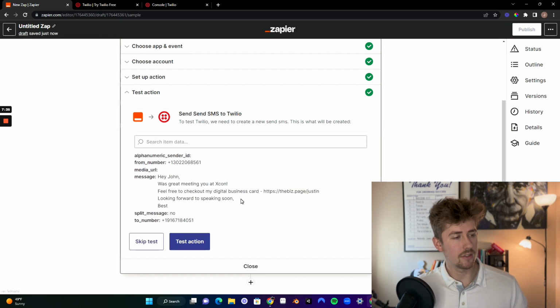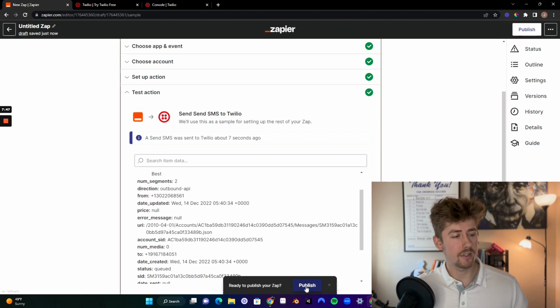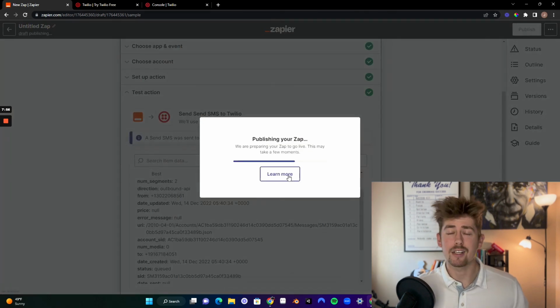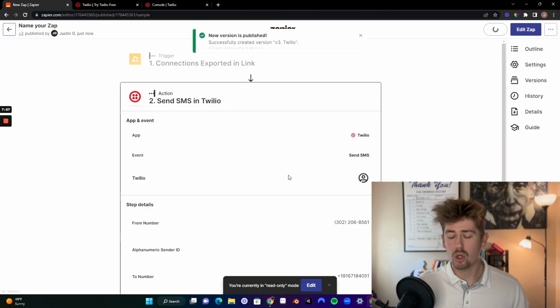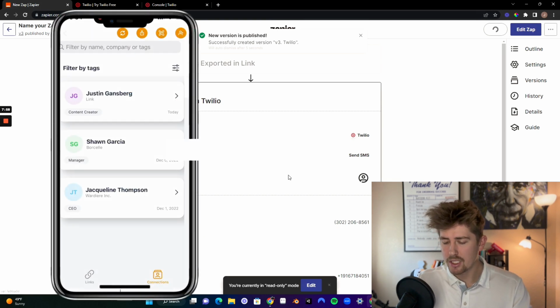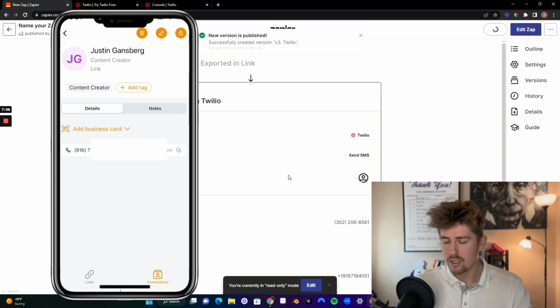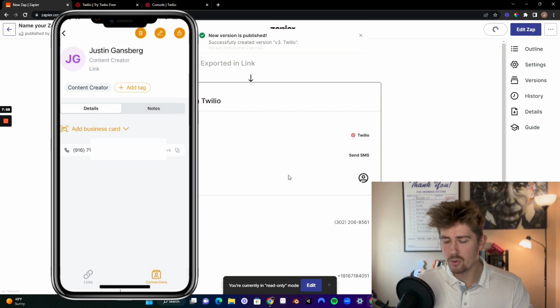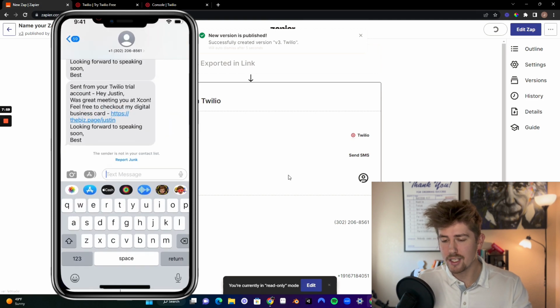Test the action, make sure it's working. Looks like it is, so I'm going to go ahead and click publish. There we go. Now let's test and see if it actually works. So I'm going to pull out my phone here, go to the Link app, and I'm going to test it with myself. So click here, export lead to Zapier, boom, and then there, as you can see, it automatically sent